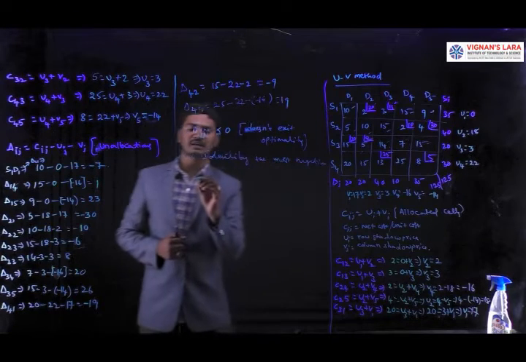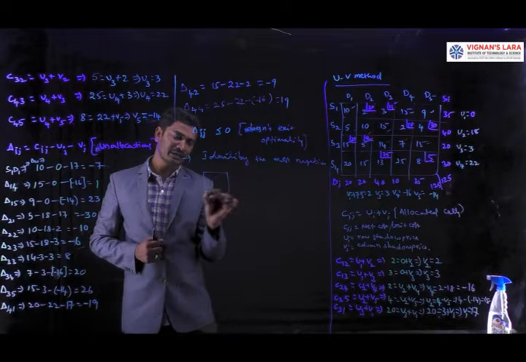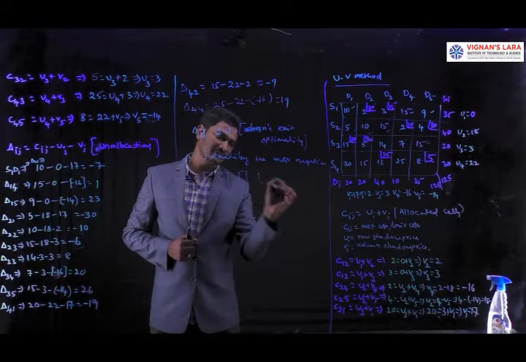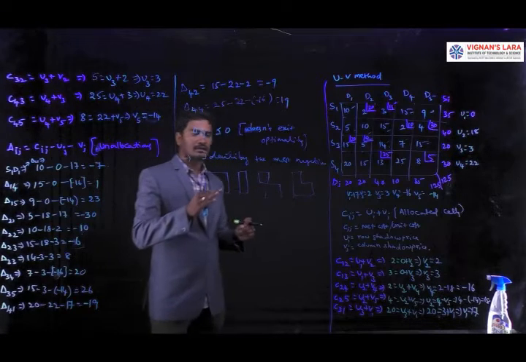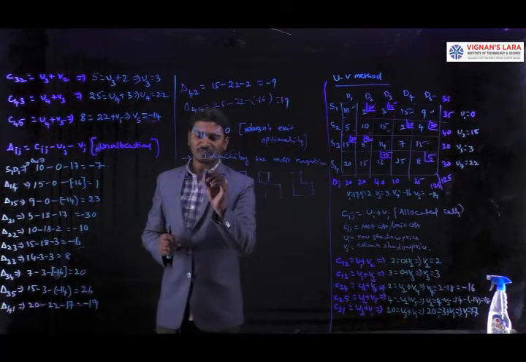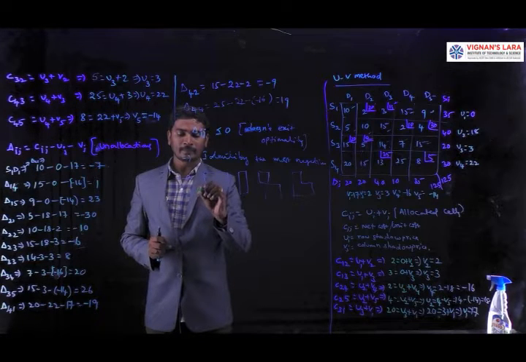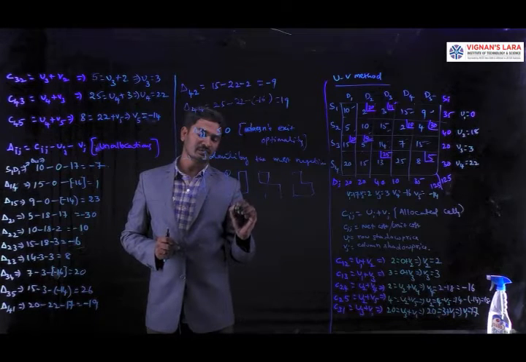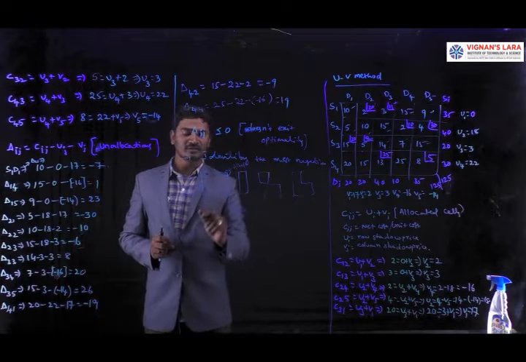After identifying the most negative value, we are going to draw the loops. The loop contains 4 corners. It may be a rectangle or square shape, or otherwise an 8, or otherwise L shapes. These are all acceptable shapes. Based on the highest negative value, we are going to draw the loop. The loop must contain one unallocated end and the remaining ends must be allocations. Then only the loop is valid, otherwise the loop is not valid.